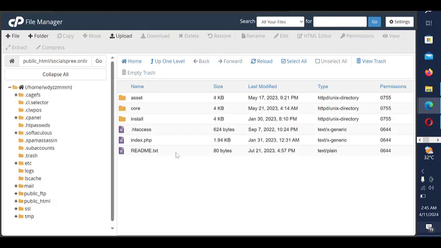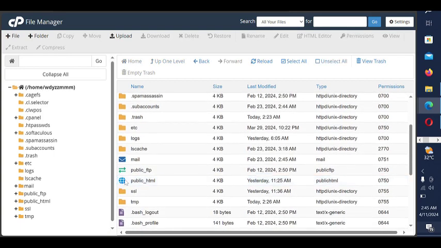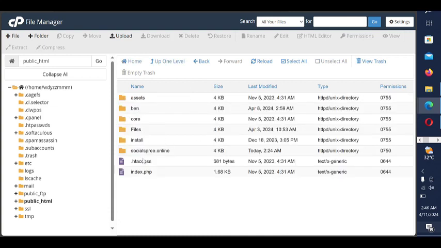to this particular folder. Now basically, I'm using this particular folder, but when you want to do yours, let me show you what you do. You click on your home page. You see this public underscore HTML, that's what you're going to click on. Then you see here, that's where you're going to upload your website,